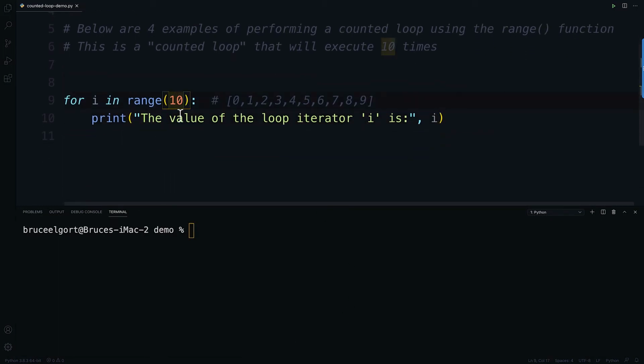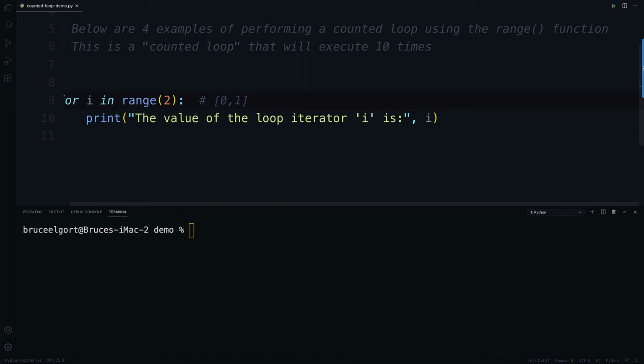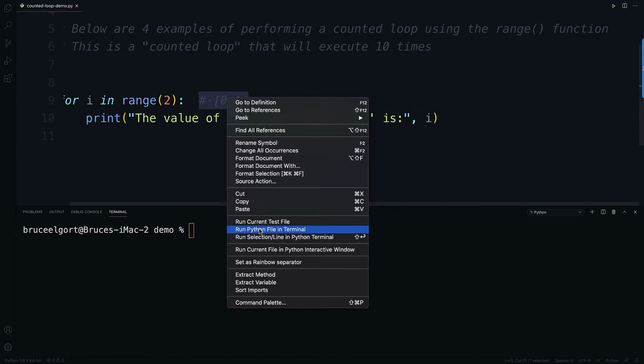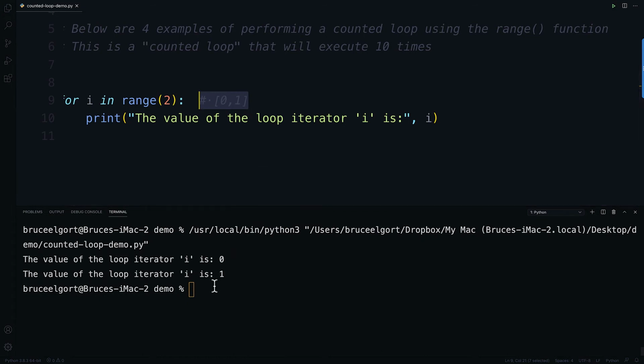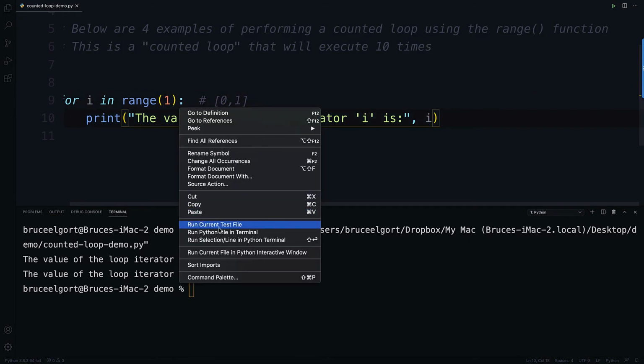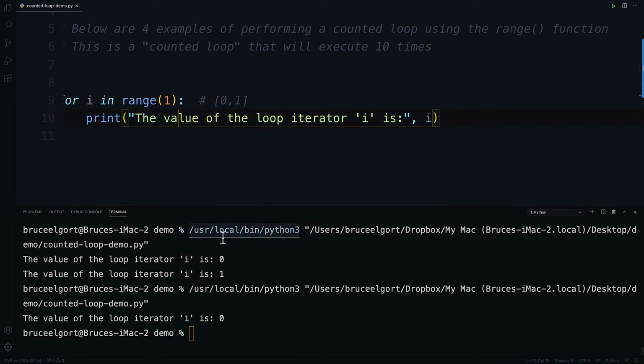And if I made this, I don't know, 2, it's going to be 0 and 1. Again, this is just a comment. This is there for you, the student. If I run this now, 0, 1, which loops 2 times, okay? And if I make this 1, we're going to get 1 iteration. It doesn't make sense to do a loop 1 time. So you're going to want to do, if I do it 100 times,